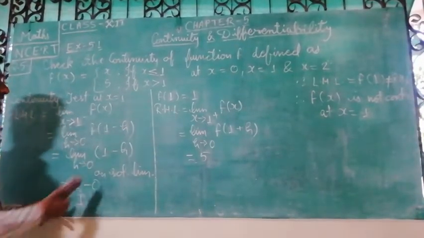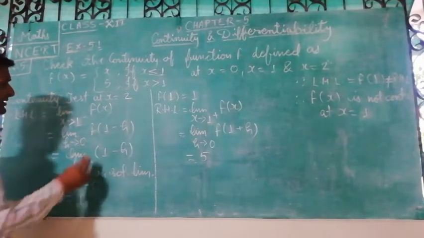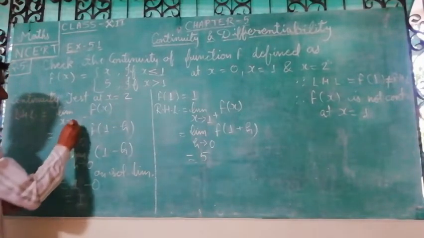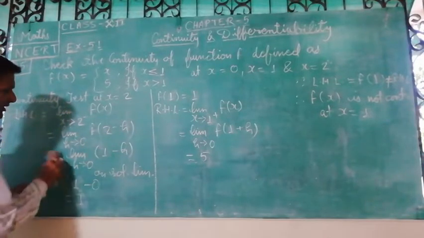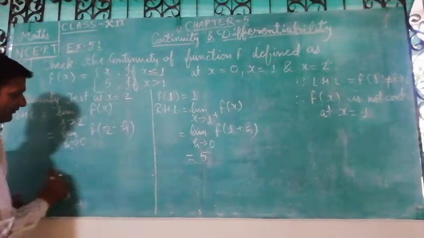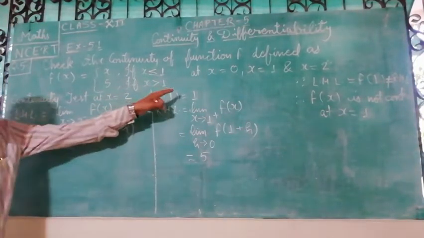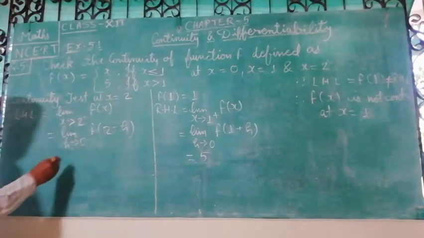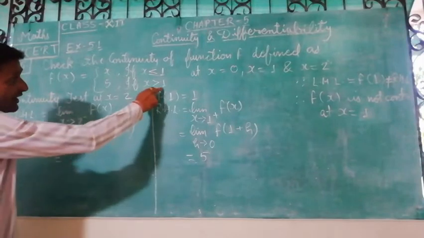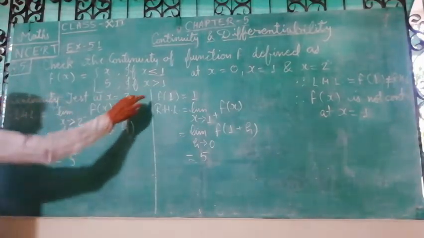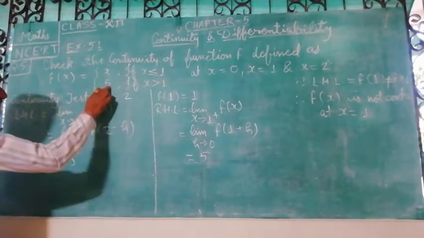Now we have to check at x is equal to 2, this particular function only. At x is equal to 2, here it is 2 minus h. So at 2 minus h, what? This complete part will be finished, because it is greater than 1, but 2 minus h means less than 2, greater than 1. For greater than 1, we are checking it at 2. So greater than 1 will be 5 only. 2 is a point which is greater than 1, so that's why it is defined as 5 only.